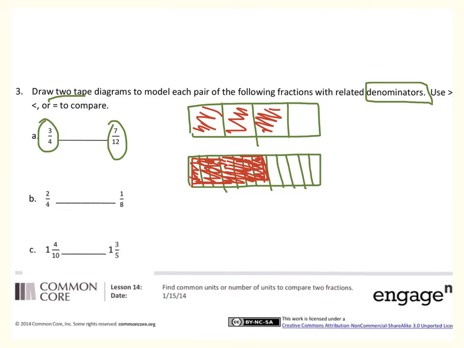I want the numbers on the bottom to be the same. If this is a 4 and this is a 12, how do I make them the same? I can turn the 4 into 12 by tripling it. So they just want you to draw some lines to triple the amount, triple each piece. And so now you can see you have